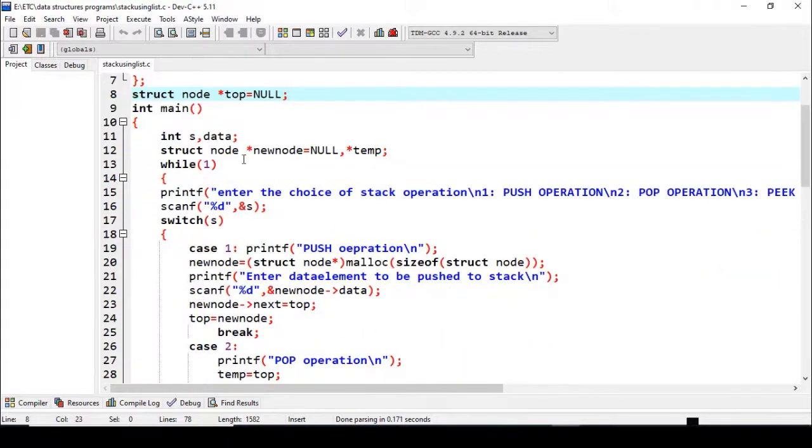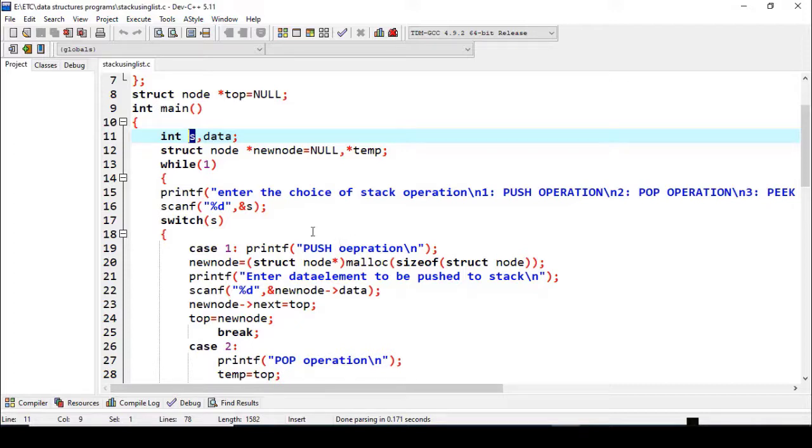Okay, basic requirement. And then the main function, here are some of the variables which we need, declared here. So int s, the s variable I have taken for the switch operation. I am following the same process wherein we will see the different cases of push operation, pop operation, peek operation, and the one constraint that will not come into the picture, that is the full function. While implementing a stack using linked list, the full function will never come into the picture because dynamic memory allocation will be used in the linked list.